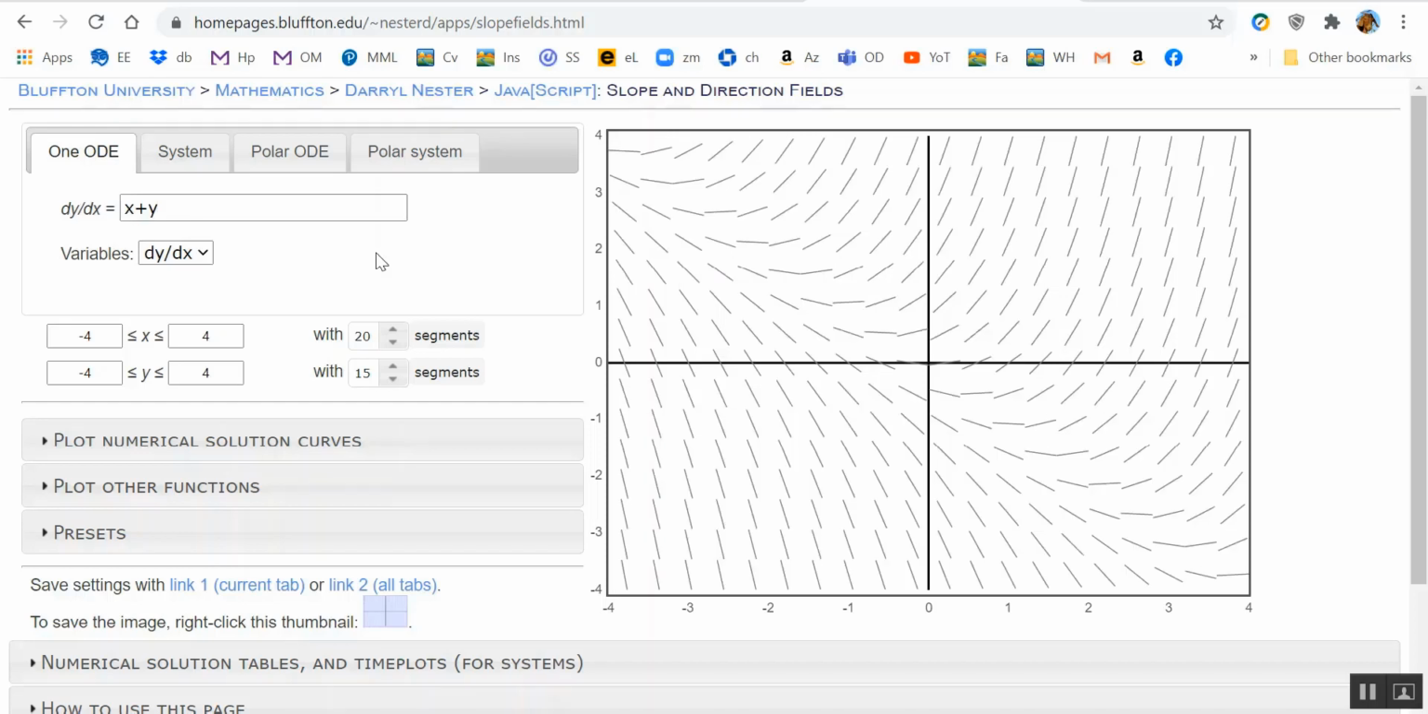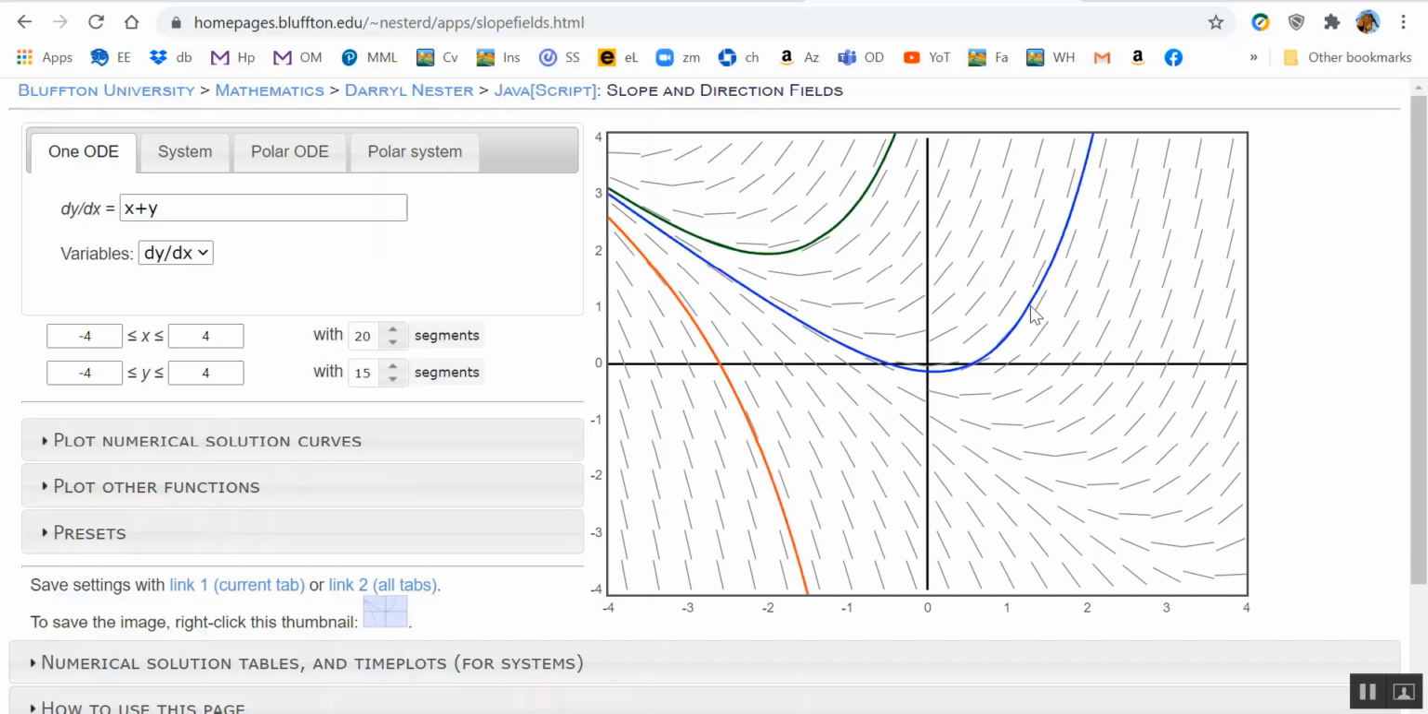And if you are interested in a larger portion of the plane, you can change up the values on x and y, and you can change the number of line segments. I'll just leave it at the default. And then to plot numerical solutions, you can just click on the plane at any point, and it'll draw a